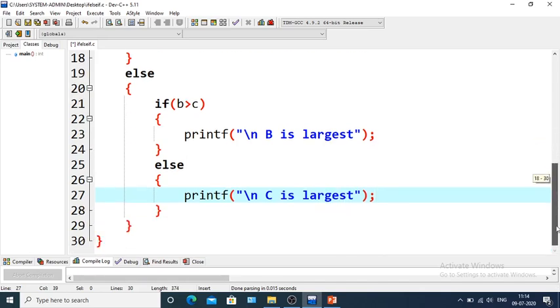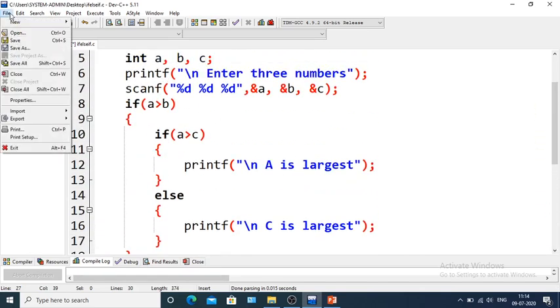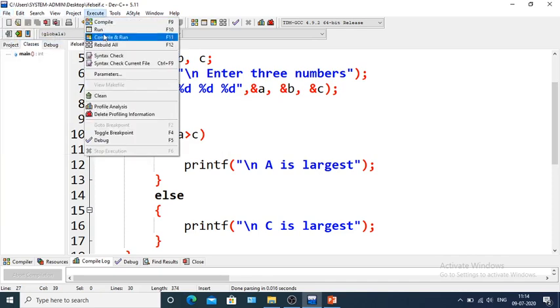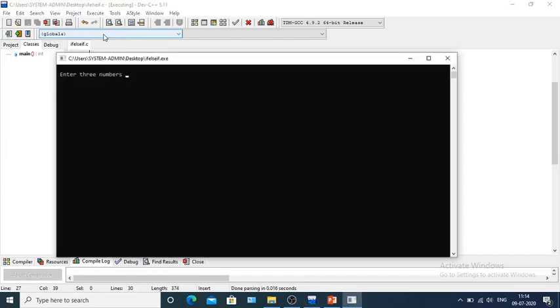So this is the code. Let's execute first, then we'll discuss the code. And compiling it. So the numbers are 34, 54, 55.